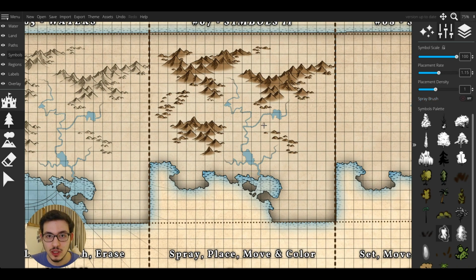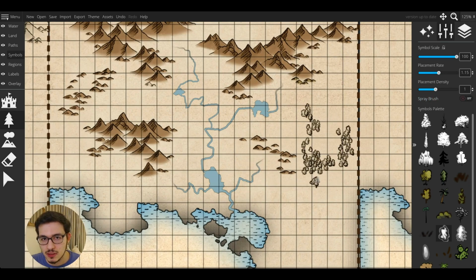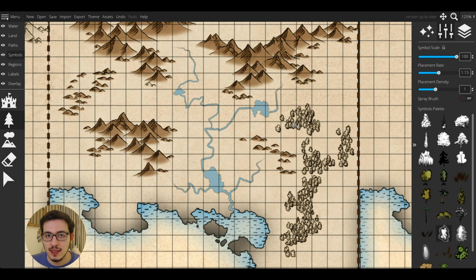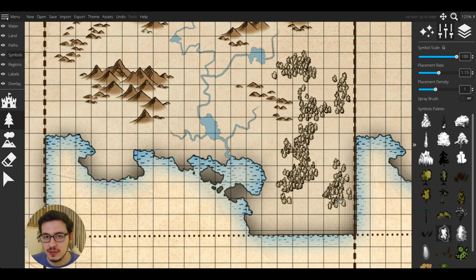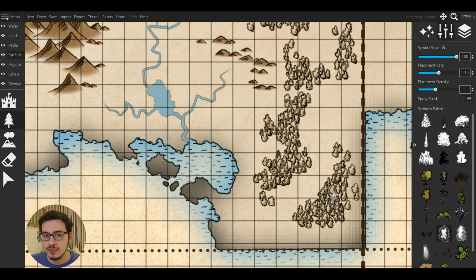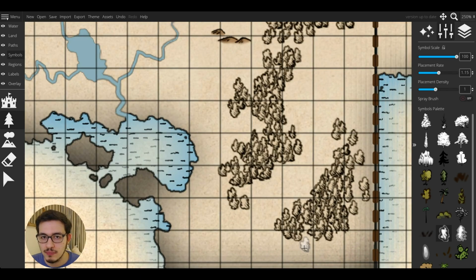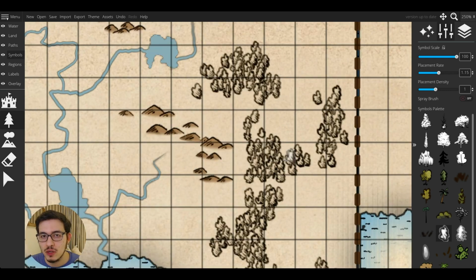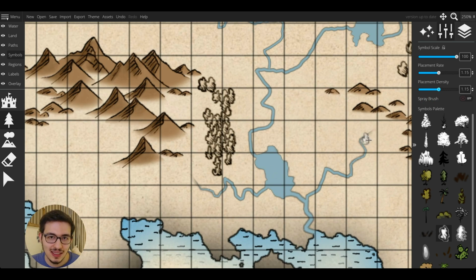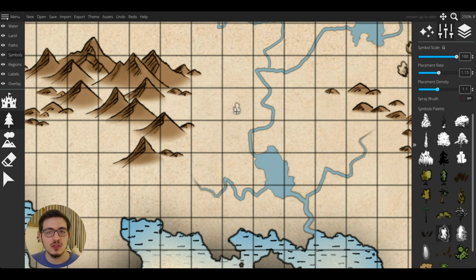I am not really a big fan of it. So now I can start adding trees by spraying it. I am basically holding the left mouse button after clicking it for once, and it is automatically adding trees for me. The gaps here are happening because our density that we choose is not enough to fill that. So we can manually add assets there, or we can basically increase the density here. Now, as you can see, there will be almost no gaps in between, but this will also end up with overlapping many assets, so it is a bit tricky to catch the balance.